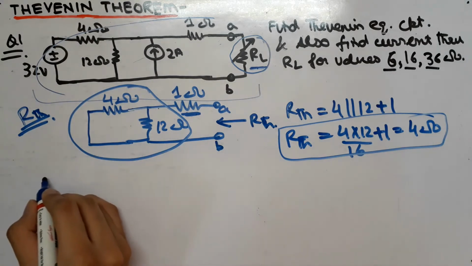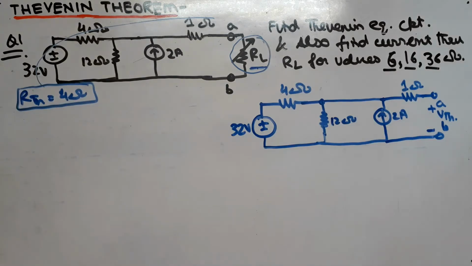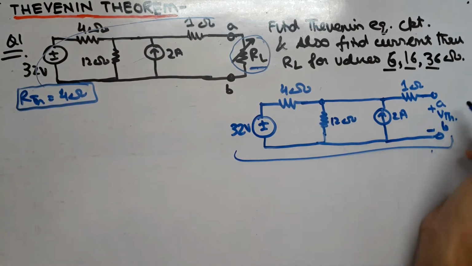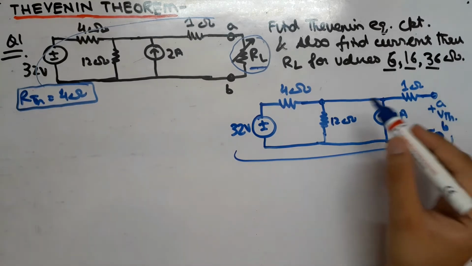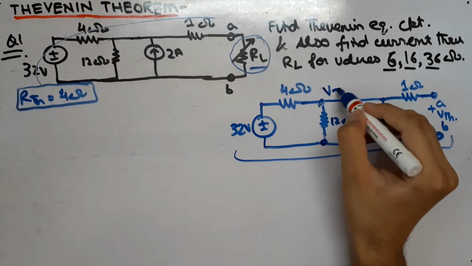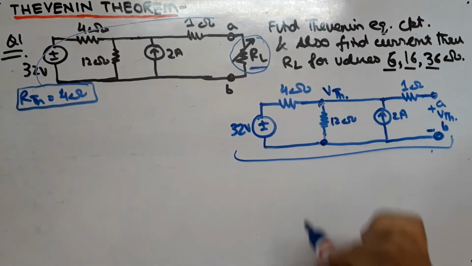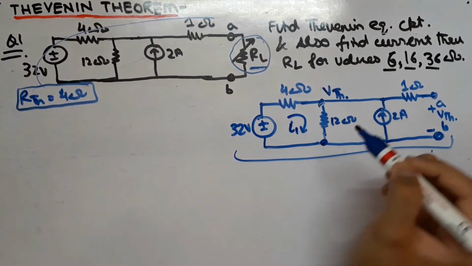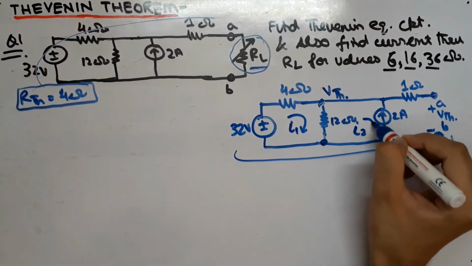Now the circuit for VTH is this. That is, first we are going to apply mesh current in order to find the value of VTH, that is across these two terminals. Now you should also know that the voltage across parallel resistance remains the same. That is, the voltage across this resistance will also be VTH. That is, we can write VTH over here also. So now let us assume currents in the first loop. That is, I1 will flow from here, and let's say I2 will flow from here.